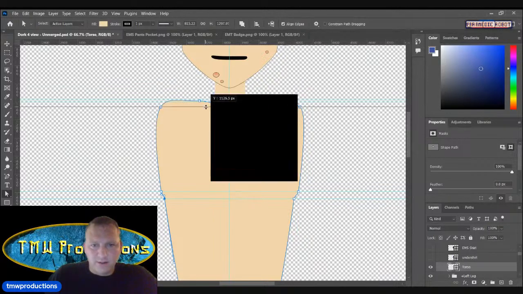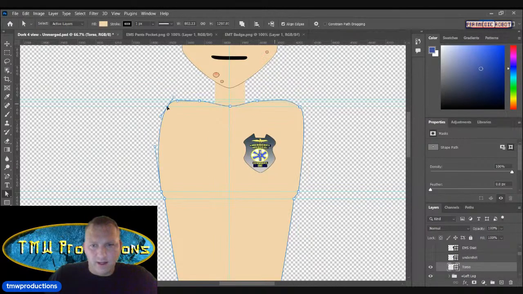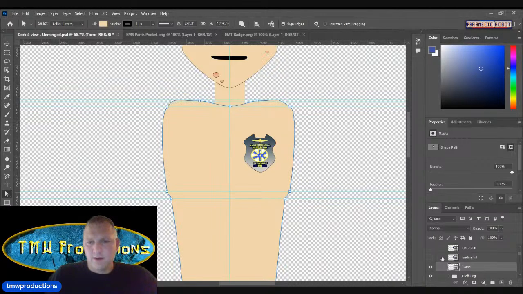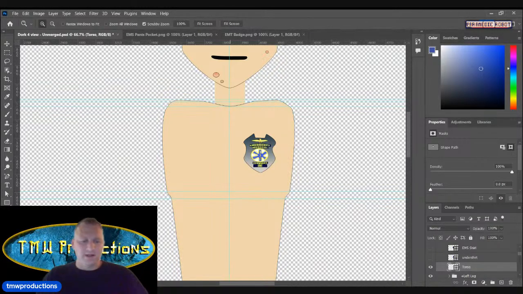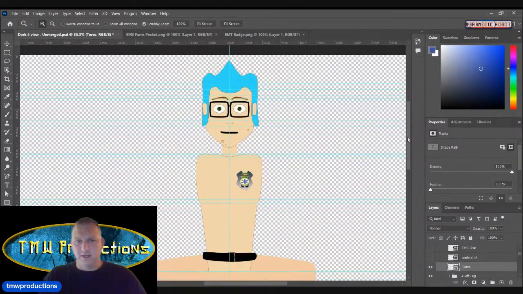I really like to use rulers that allow you to keep things more symmetrical. And I find the more symmetrical you keep the character, the easier, honestly, everything else is. Because what I try to do if I'm going to use a character more than once is create them in 4 separate views